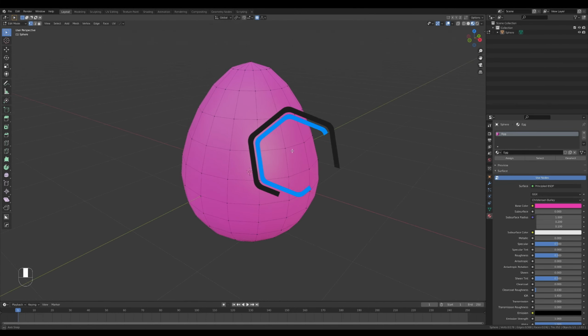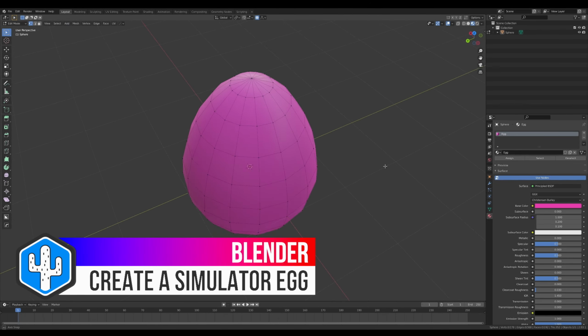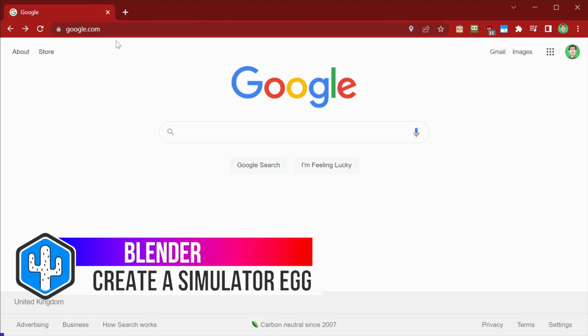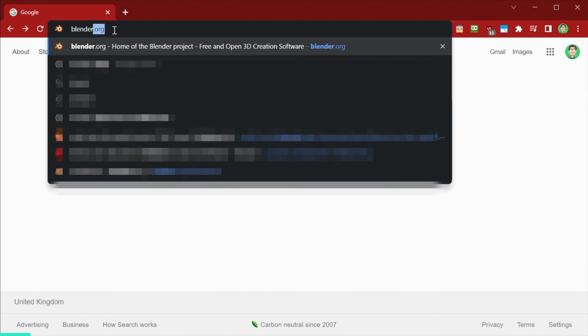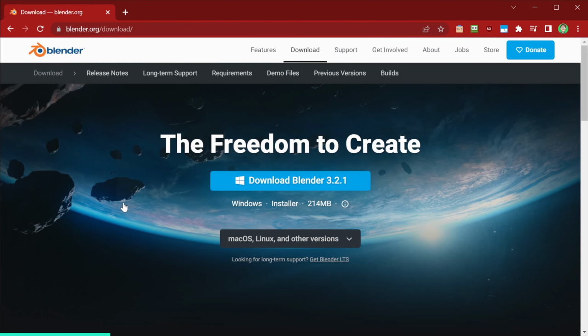In today's tutorial, we're going to be using Blender to create a simulator egg for ROBLOX. Now if you don't have Blender installed, all you have to do is go to blender.org, click this blue download Blender button, and then you can just click on this blue button here to download it